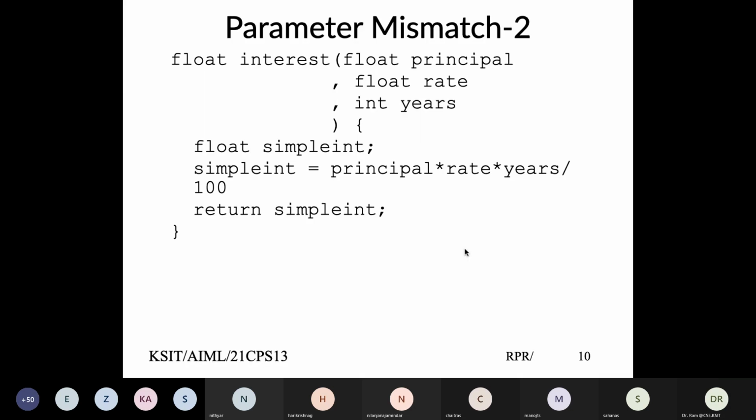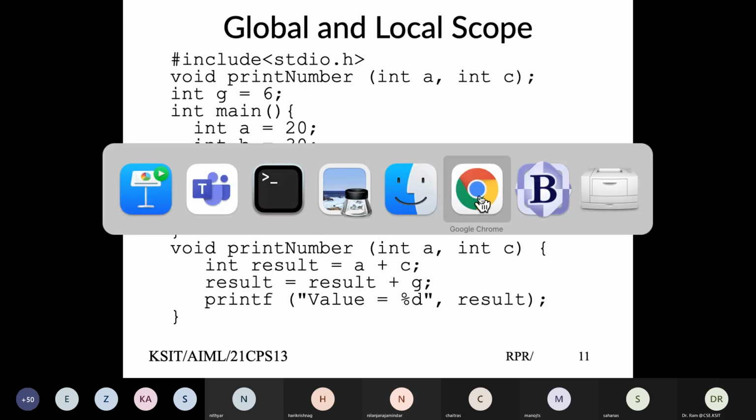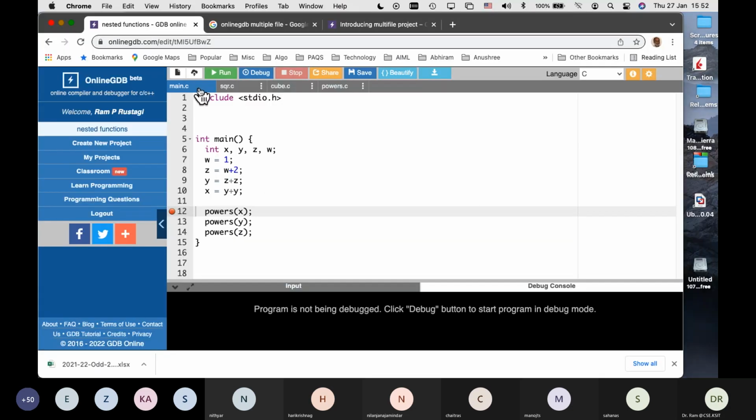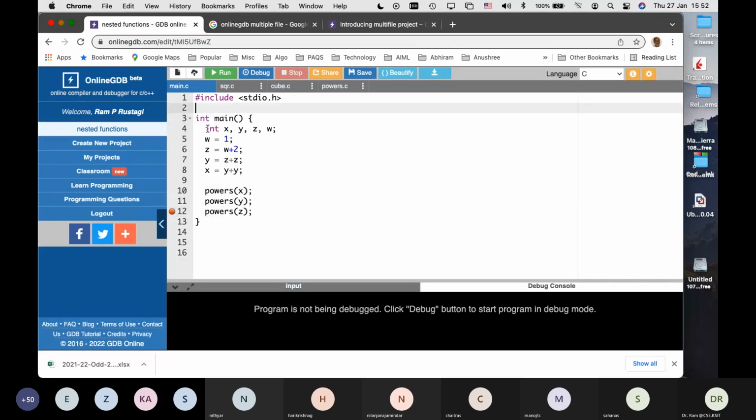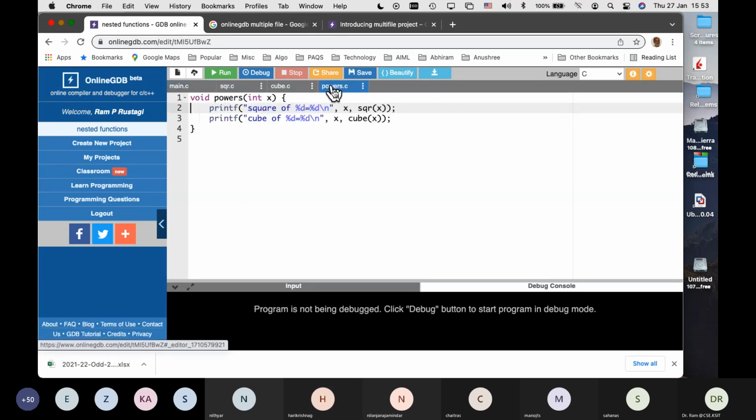If I were to pass fewer arguments, let me show you an example. Let's look at my simple function here. So our main file is only this much. Can you see my screen? Yes, sir. Now the power function is defined in one file, powers,